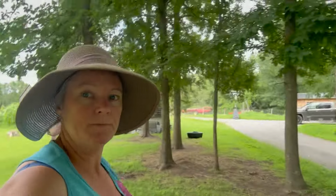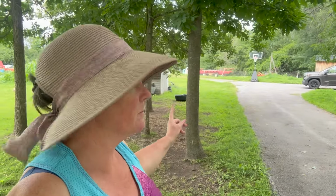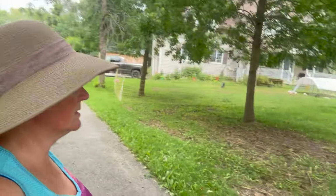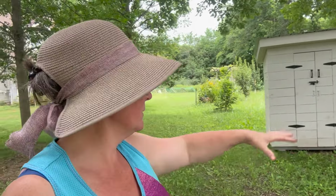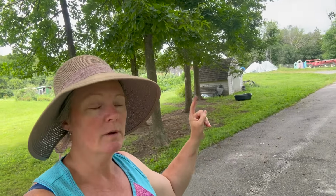All right, so let's walk up to the front of the house here. We just had the goats here the other day. That's why their water bucket's still there. The front of the house now, we have the meat chickens and the farm stand, which isn't done. We're hoping within the next couple weeks we're going to put a load of gravel down. We've got an older bench right there that we want to fix up,